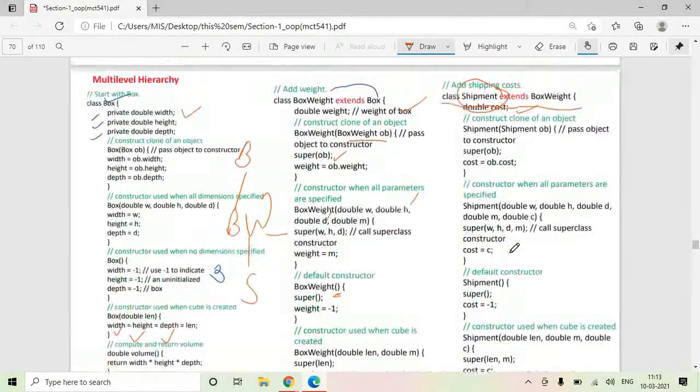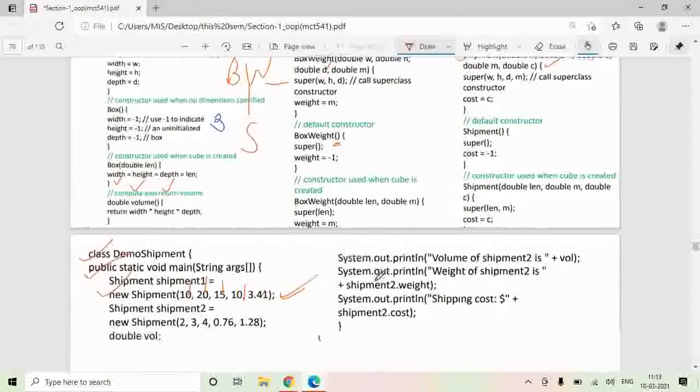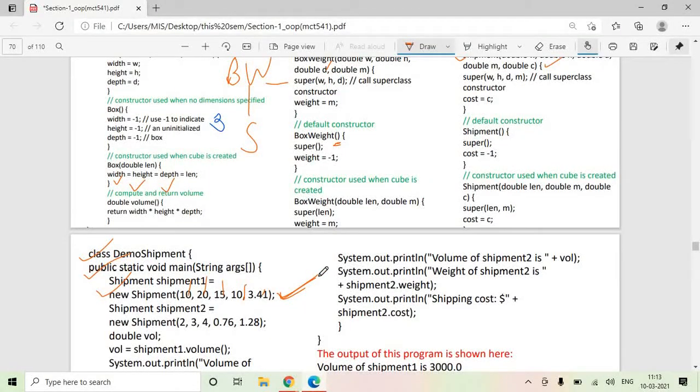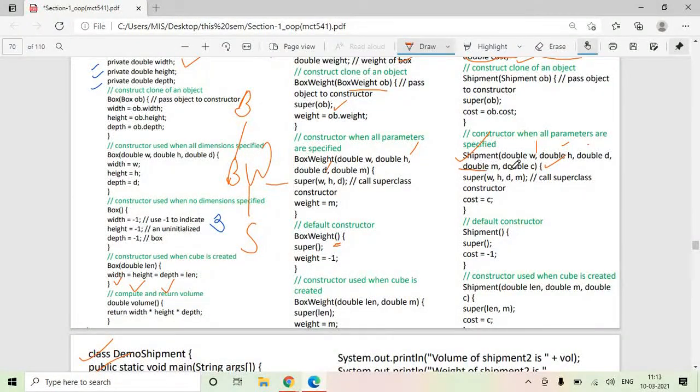So let us search for the constructor of the shipment class which accepts 5 parameters. So this is the constructor with 5 parameters. This constructor will get called when you create this object. When you call this constructor, the first line says super and supplies 4 arguments.